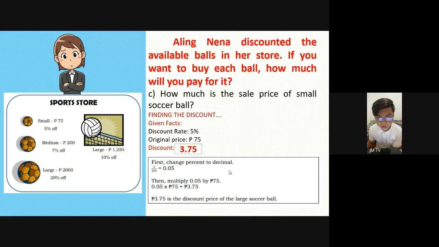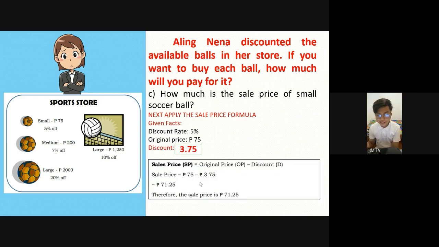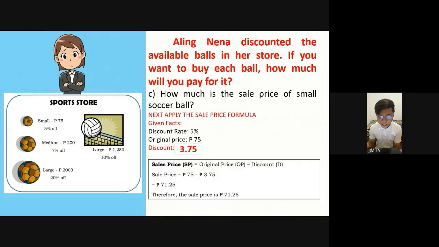Alam na natin yung value ng discount natin. That's gonna be 3.75. So, balik na tayo doon sa sale price niya. Apply the sale price formula. Ito na yung sale price formula natin. Ano ba yung original price natin? Ang original price natin ay 75 at yung discount ay 3.75. So, sale price is equals 75 pesos minus 3.75 pesos. Meron tayong sagot na 71.25 pesos. Therefore, the sale price is